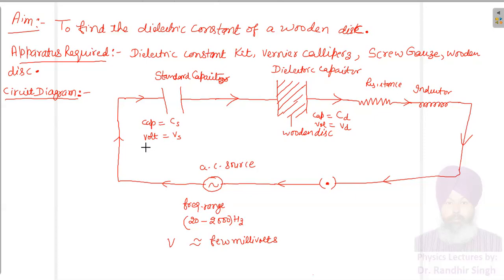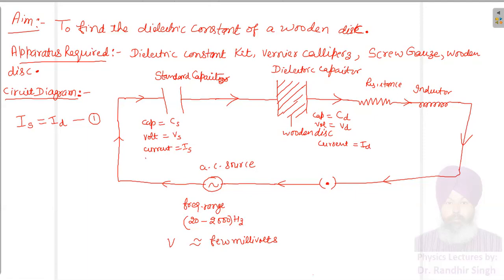If I assume that the current passing through this capacitor is Is, and the current passing through this capacitor is ID, then it is common sense that in series current remains same. Then Is is equal to ID is a trivial equation which I suppose nobody should question. I think you are satisfied with this. Is it okay?